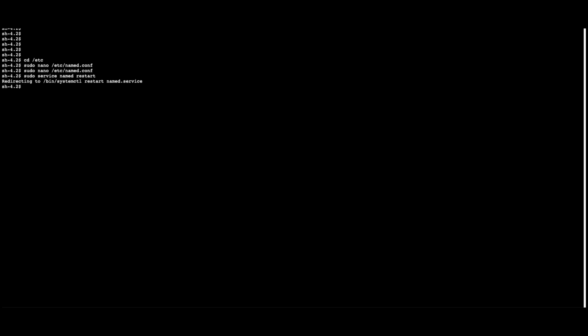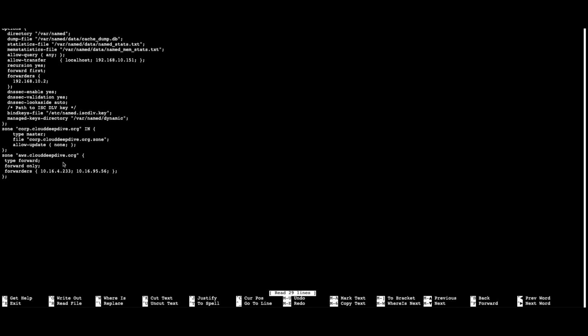And my server has been restarted. So now what we have done is create a file in my DNS server, and what this file is saying is that if any request is coming to resolve this particular DNS name, aws.clouddeepdive.org, then send it to these two endpoints. These endpoints are my inbound endpoints. So the request will go to my AWS Route 53 inbound endpoints, and from there it will go to my Route 53 private hosted zone